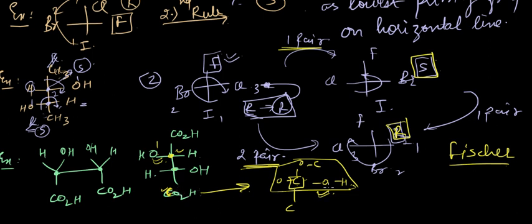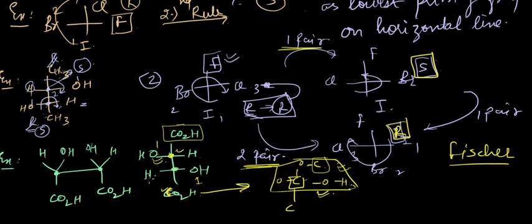Okay, so oxygen remains the same. They are both the highest priority group. Next we should see the second highest priority group. So here we have CO2H attached, and here we would have only carbon attached. So CO2H is obviously at higher priority than just a carbon atom. So this carbon will be given more priority. So first is this, then